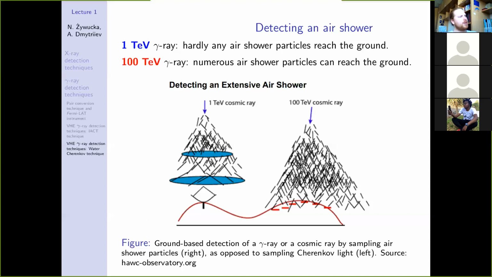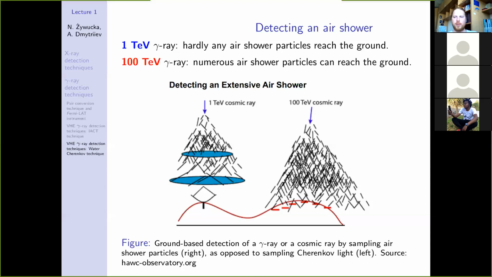The shape will be different, the elongation of this ellipse will be different. So by the shape and by the light content, you can more or less find out what's the impact parameter,